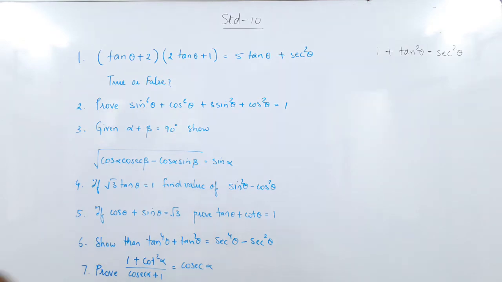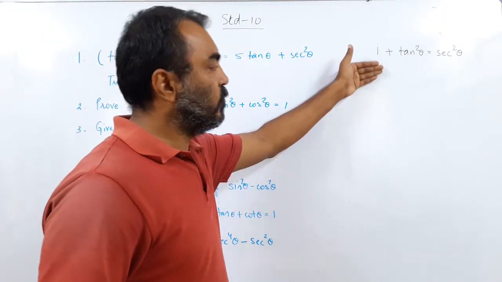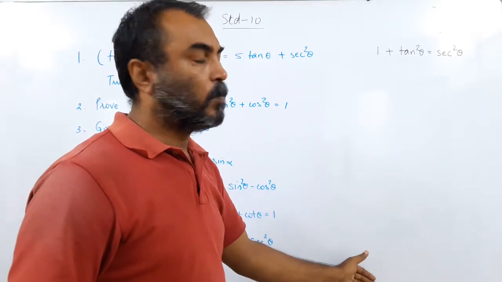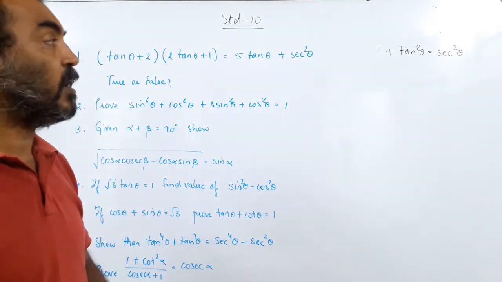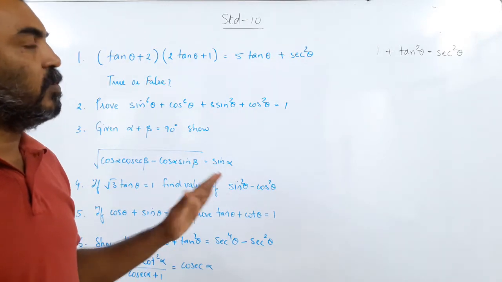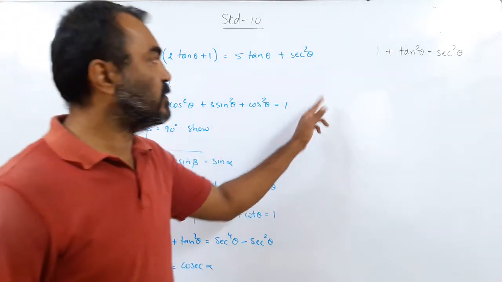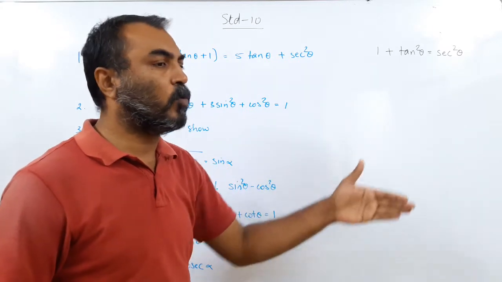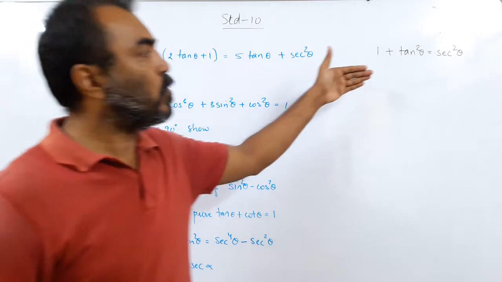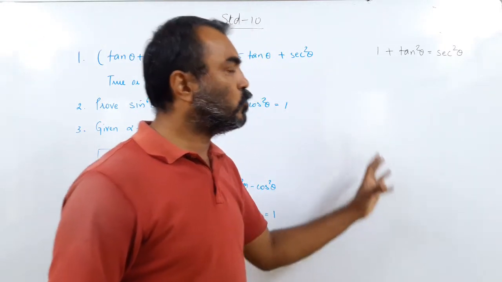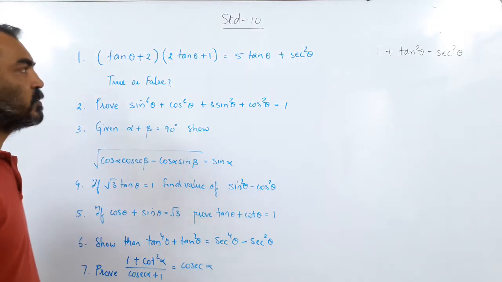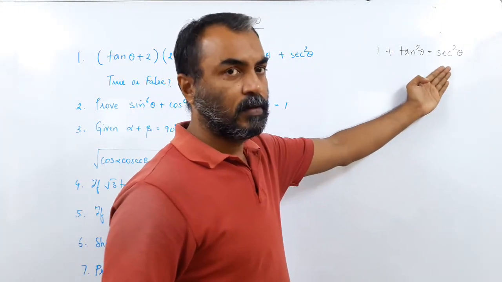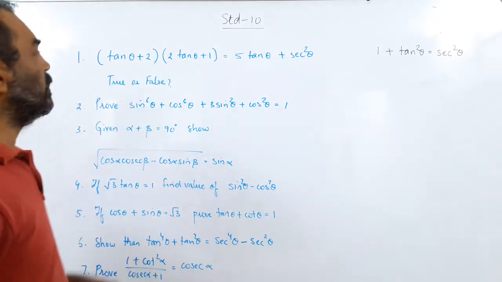So this is what you should know. Like I keep on telling, we have got a formula sheet. Now that formula sheet you should be knowing because we have derived all the formulas. We will learn them later on. We will memorize them, but there is no cramming here because you have understood how each and every formula has come. So now since you have got the formula sheet with you, you have to choose the approach how to solve this sum. So since I know I have got a relationship between tan and sec, I am not going to convert this into sin and cos.